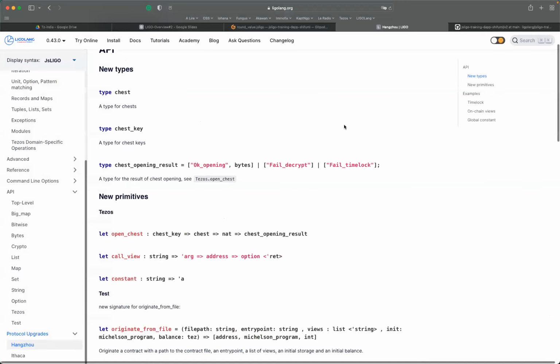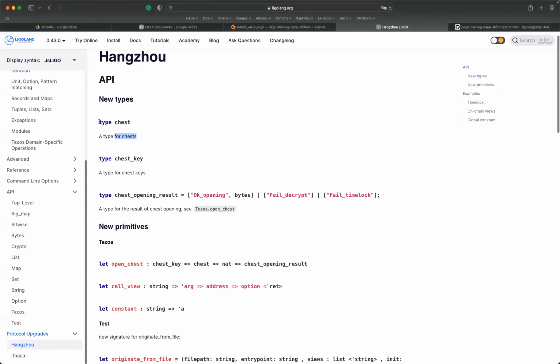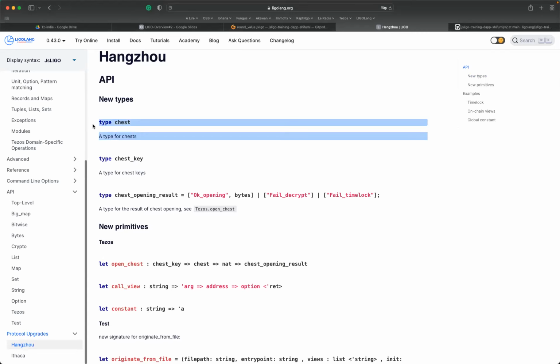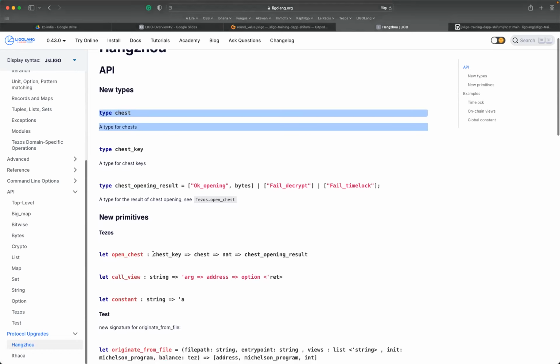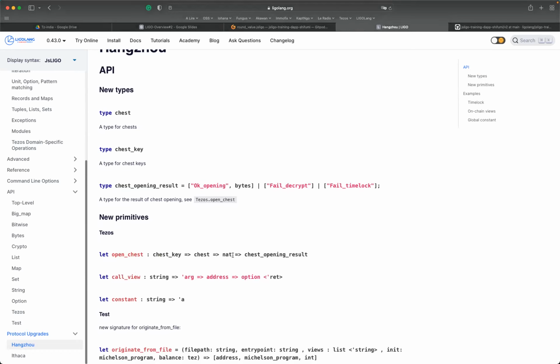So this one. So here we have a type for chest. We have two types: the chest key and the chest. The chest is the data which has been ciphered, and the chest key is the key to open and to decipher the data given a secret. For example, you can open a chest with the chest key, the chest, and the natural, which is the secret.